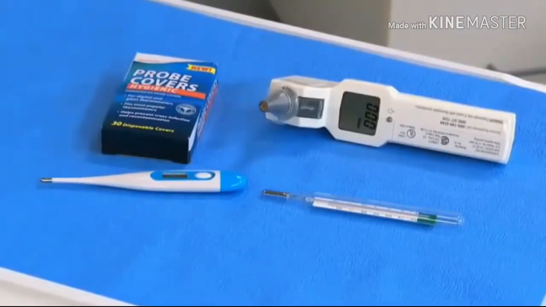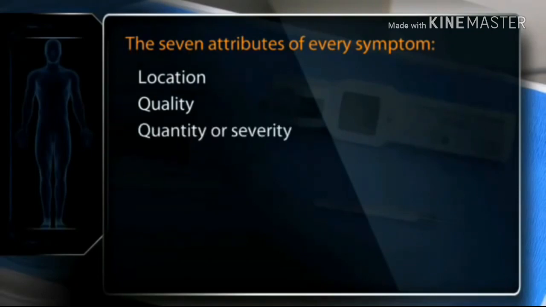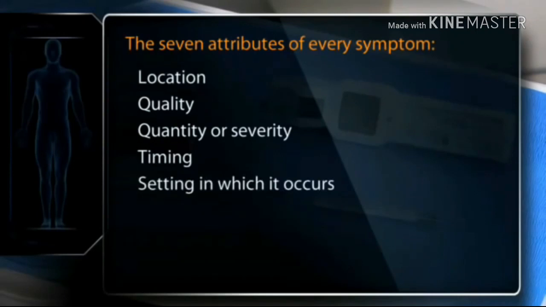Recall the 7 important attributes of every symptom. These include location, that is, where is it and whether it radiates; quality, can the patient describe what it is like; quantity or severity, if there is pain, can the patient rate it on a scale of 1 to 10; timing, when does it start, how long does it last, and how often does it occur;